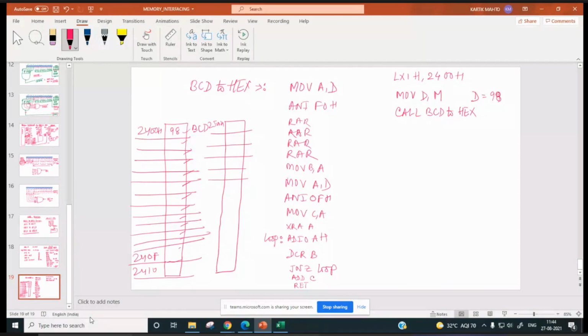So 98 will be over here. F0, so B will have 09. C will have 08. Finally in A, you will have 63. Then it will come over here.